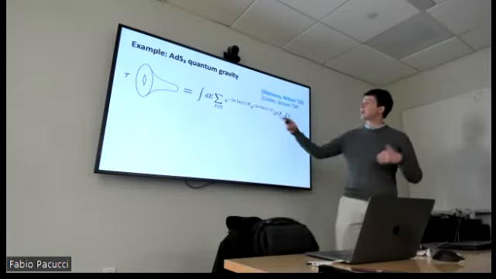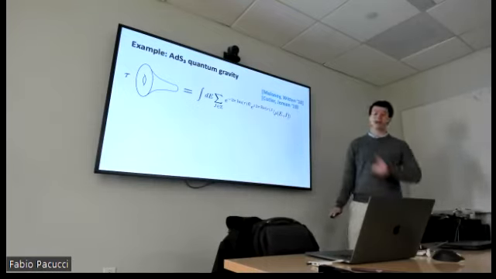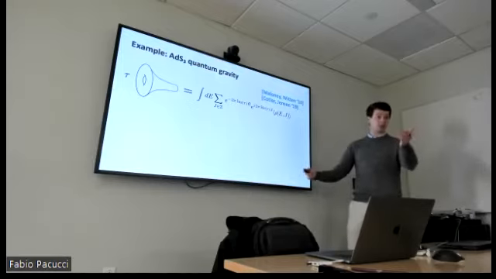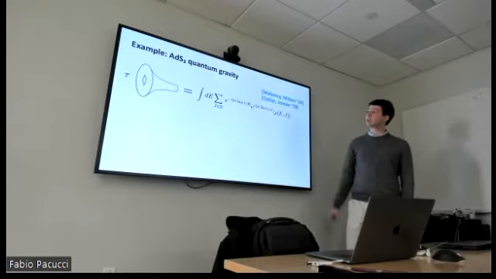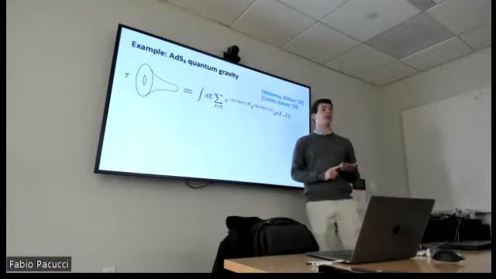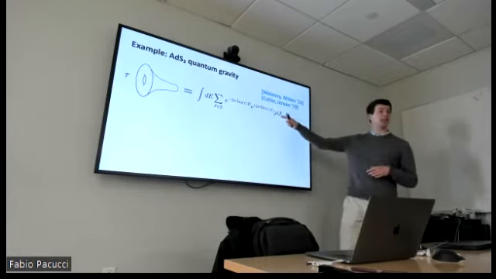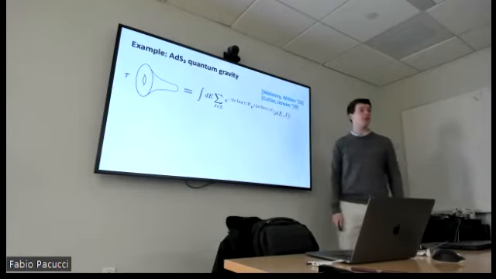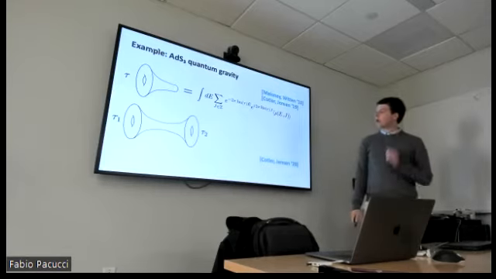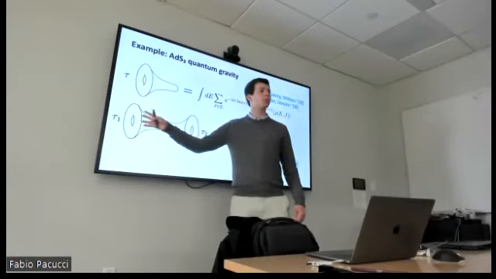It turns out there's a slightly different way of rephrasing the result that is more amenable to generalizations. As we were discussing before, for these kinds of black holes that we're going to be interested in in 3D, there are two quantum numbers. There's not just the energy, but there's also the angular momentum, which I'm going to call J. So we're going to consider the density of states as a function of energy as well as of J. Now another computation is that we would like to be able to understand the level repulsion of